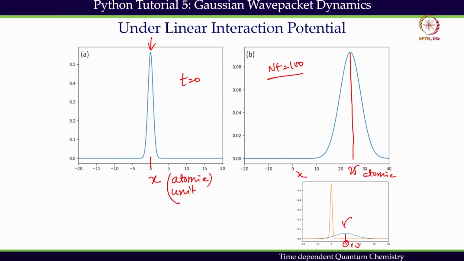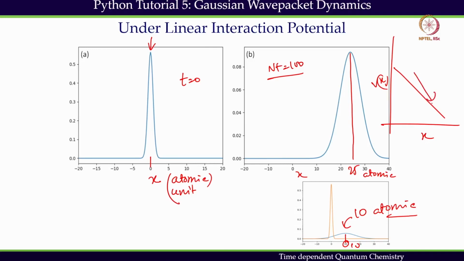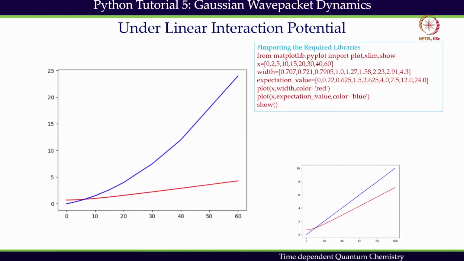This was at 10 atomic units, which shows that because of this slope in the potential, it is moving much faster. And if we keep collecting the values at different times, we'll see that initially if we plot it, this one,